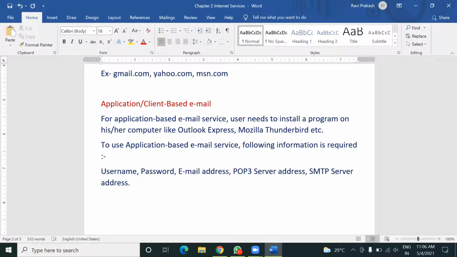Okay, I'm going to explain one more time. For example, the sender is using Gmail. So here I'm writing Gmail.